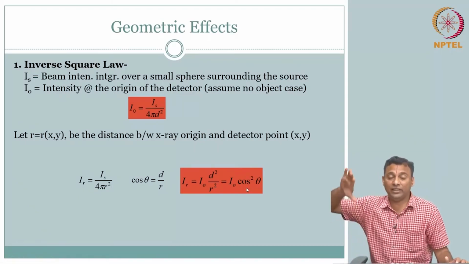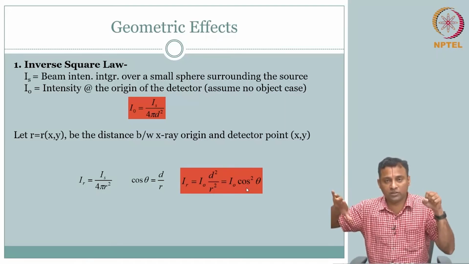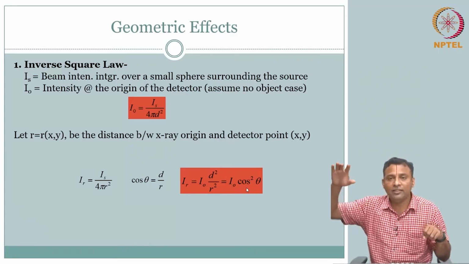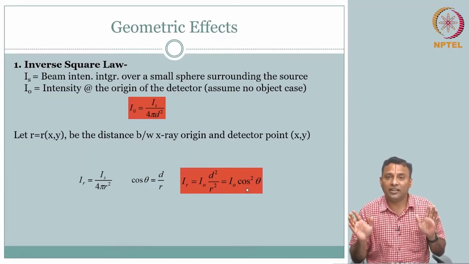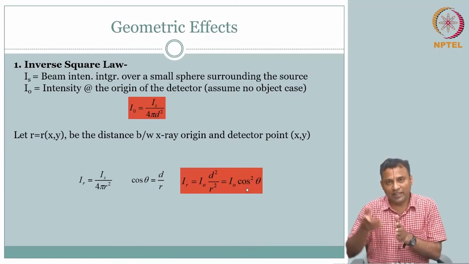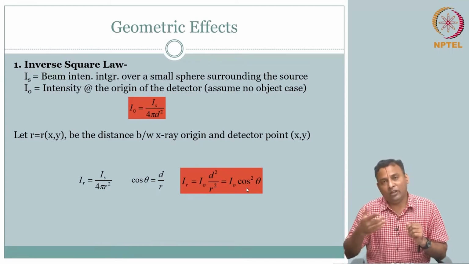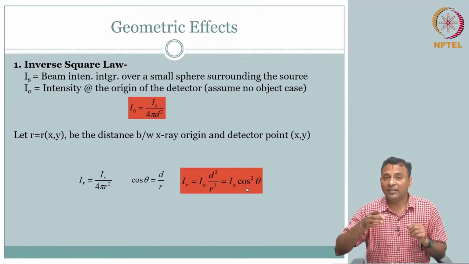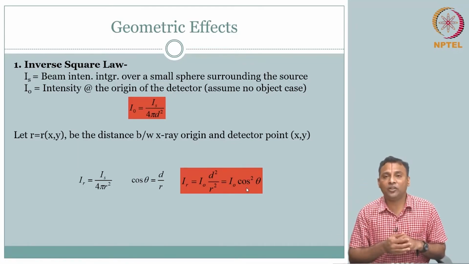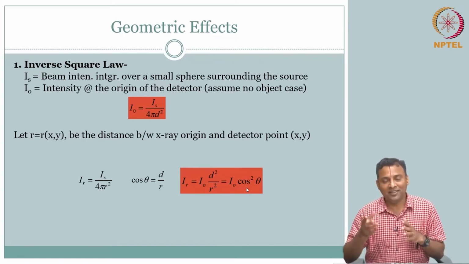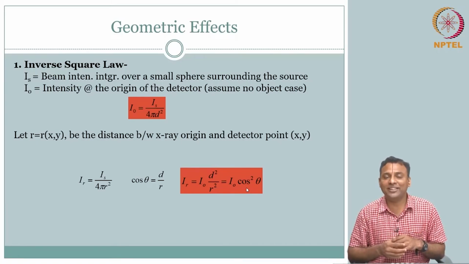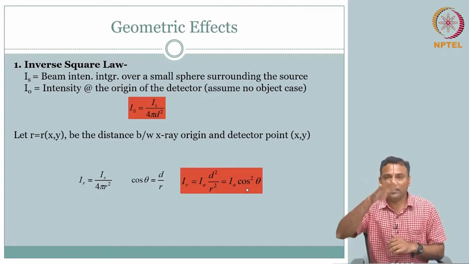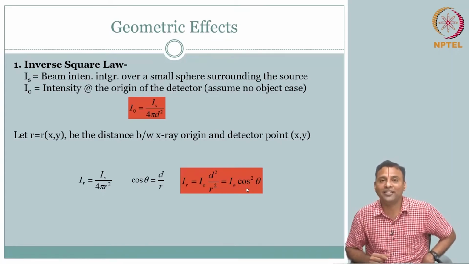So if you look at the image at the detector of a point source, you are going to see a fluctuation that is not homogeneous, and this is without an object. Now you see the problem. If I have an object and I see this fluctuation, will I interpret that as the object having a very patterned attenuation coefficient, or the object having a cosinusoidal shape? If mu is the same, does it say the object is cosinusoidal in 2 dimensions? The plane is not a plane, but it has a cosine square variation,